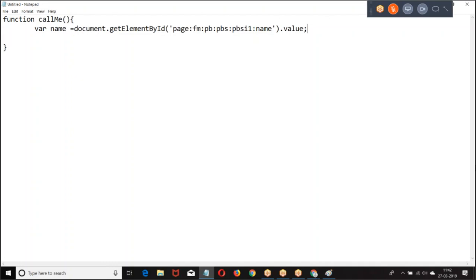Page, form, page block section item name dot value. Then similarly age.